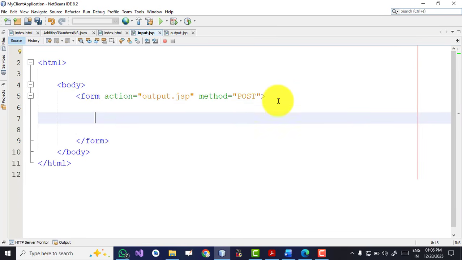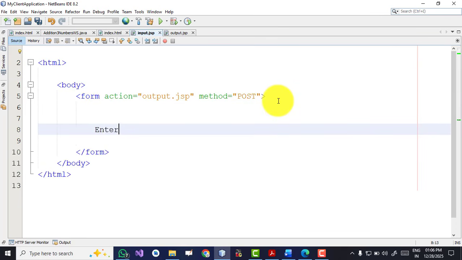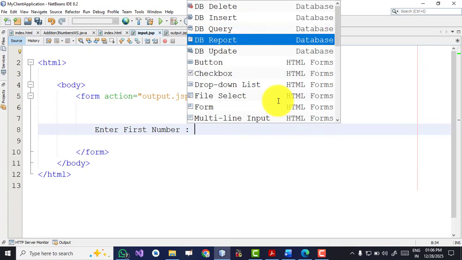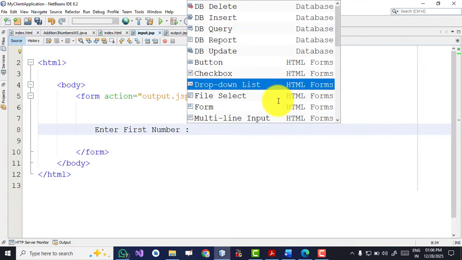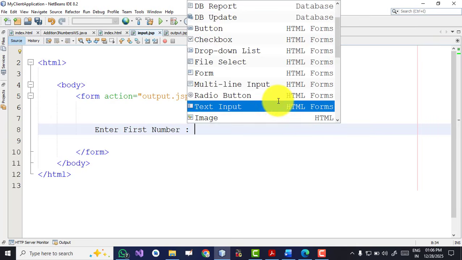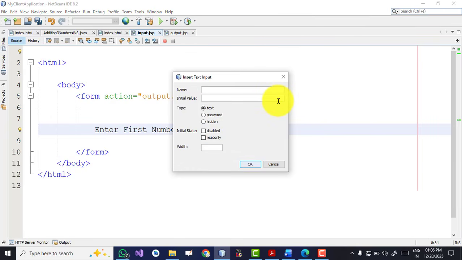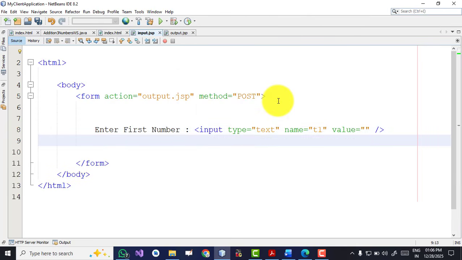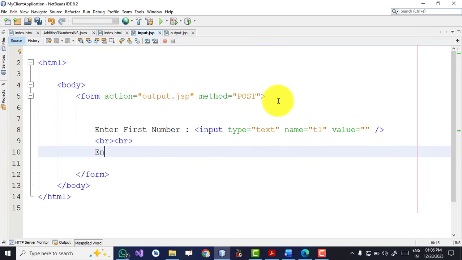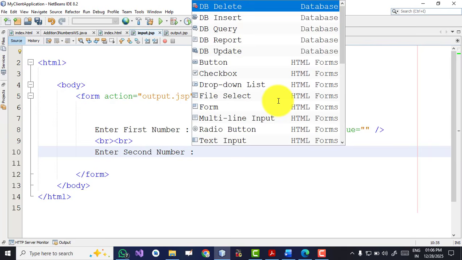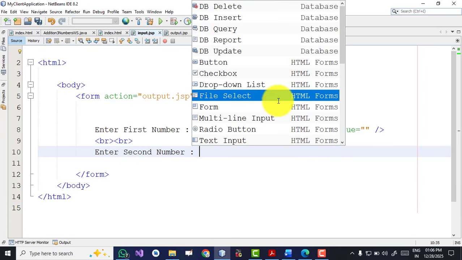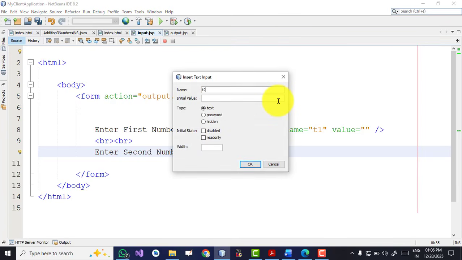Now for addition of 3 numbers, we first take the input, enter first number. Okay, now Ctrl+Space bar. For number we take an input of type text. Then just give a name T1. Then BR for the next line. In the same way, enter second number. Again, Ctrl+Space bar, text input T2.